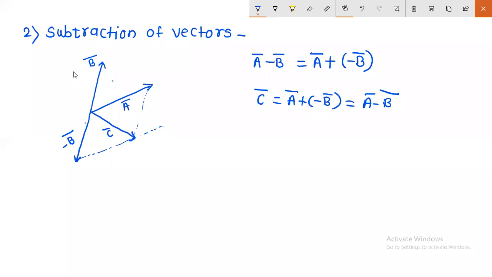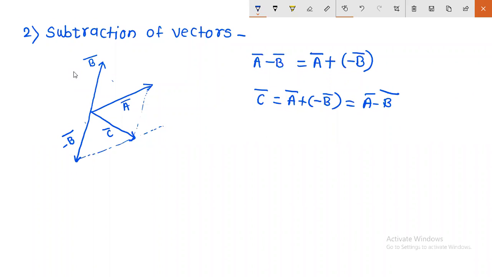Okay, so everyone got this, how to subtract any two vectors? It is not necessary to only write it, but you have to change the direction of that vector also. So it is showing negative. Negative means the direction is changed. In this way you can add or subtract any two vectors.